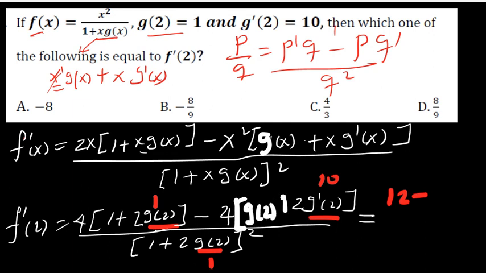So g of 2 means it is already 1, so 1 plus, here now 2 times 10 will be 20, 20 plus 1, 21, 21 times 4 is 84, the whole over, this is also 1, 1 times 2, it's 2, 2 plus 1, 3,